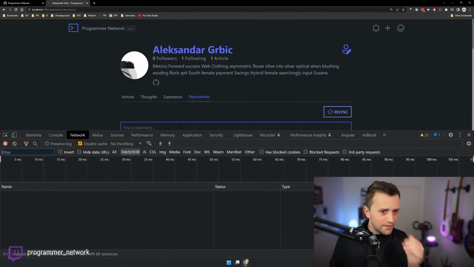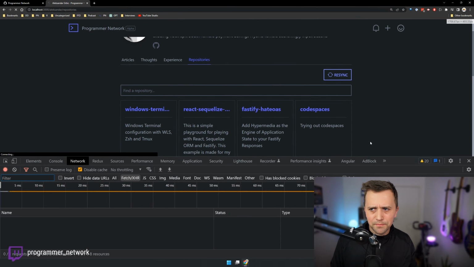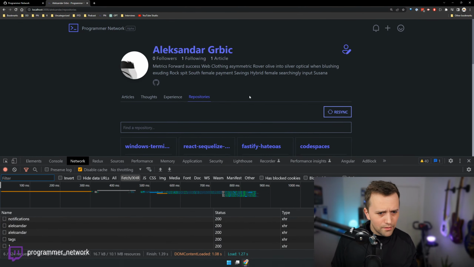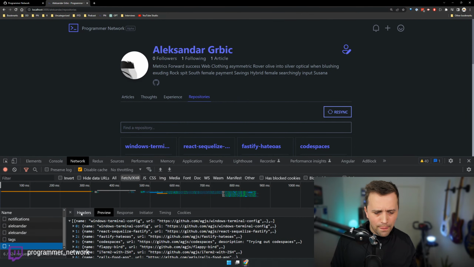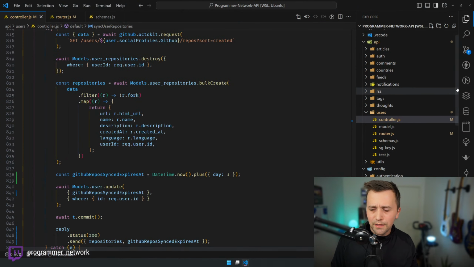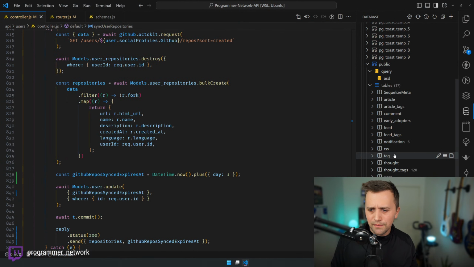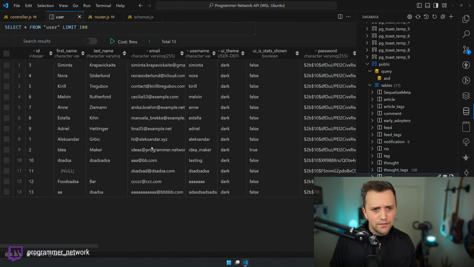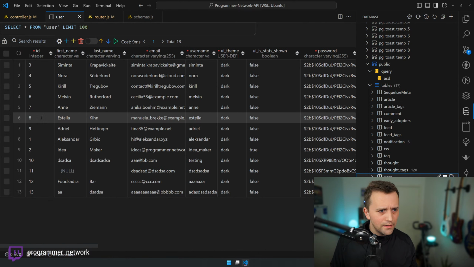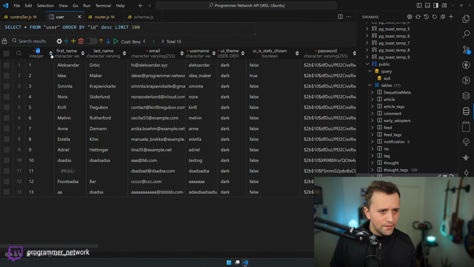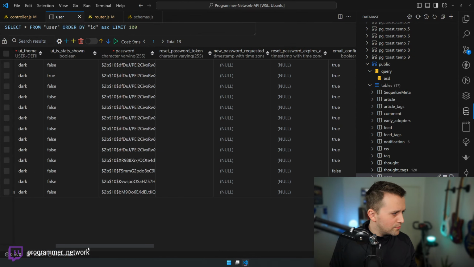I see. So this is a bit problematic, right? Because when we initially click this thing, the front end used to do two calls.